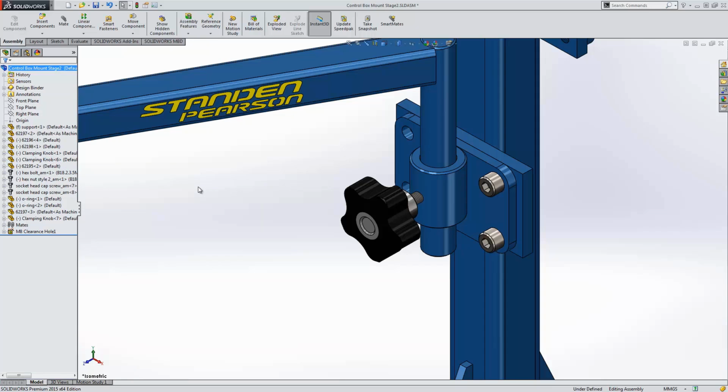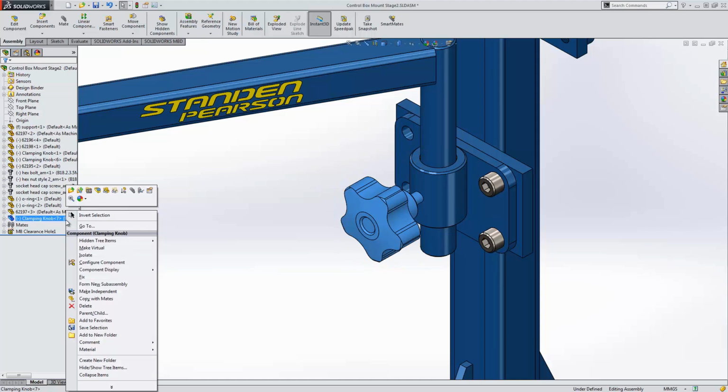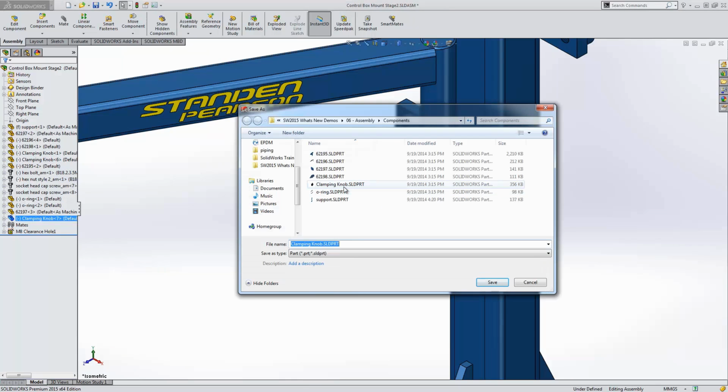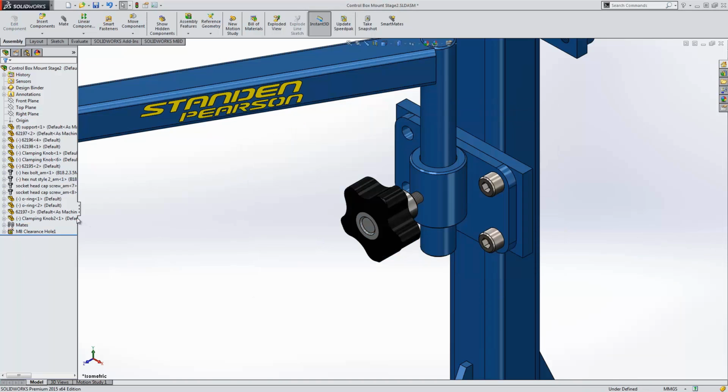There's also times where we need to be able to make a variation of a specific component that is used multiple times inside of our assembly. In the past, a Save As Copy and then an individual Replace Instance was required for this process. In SOLIDWORKS 2015, right-clicking on a component and saying Make Independent will actually give us the capability of replacing only this instance with a new name, leaving all of the other instances alone, and allowing us to now make modifications to this component without affecting the